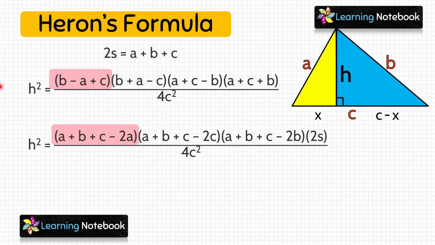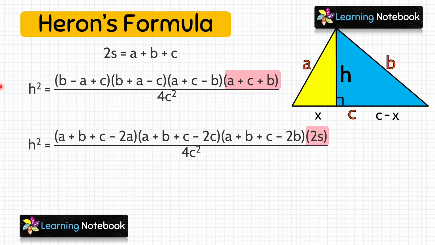Similarly, we can write the second bracket as a plus b plus c minus 2c, and we can write the third bracket as a plus b plus c minus 2b. Now the fourth bracket is already a plus b plus c. So we can write it as